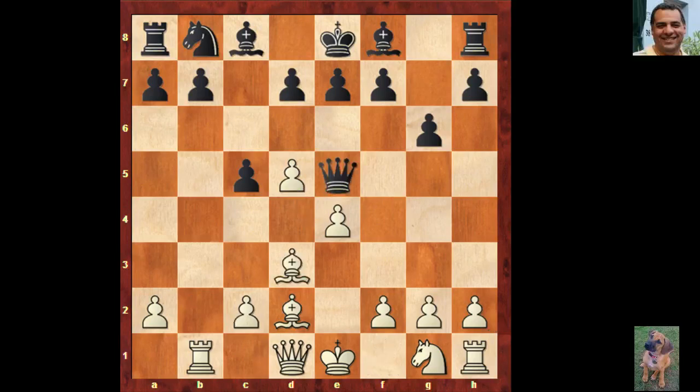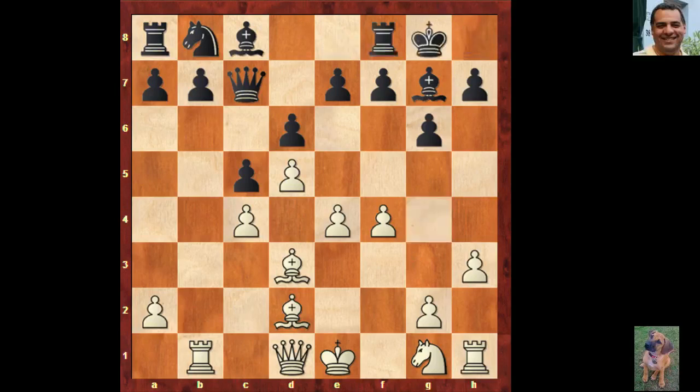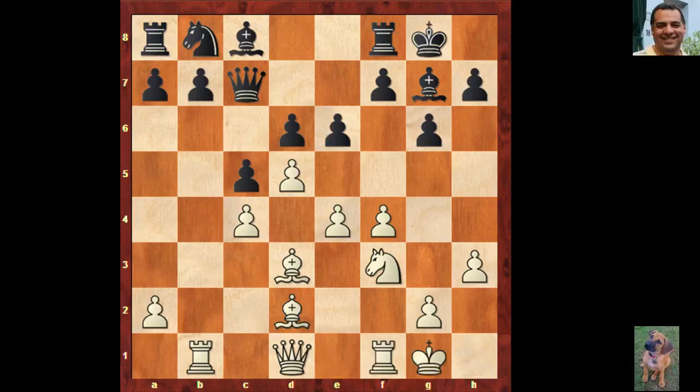So actually the queen goes to e5. Bishop d3, bishop d7, f4, queen c7, c4. You can see white's got a lot of things going on here. d6. And white even takes time to play h3 here to avoid any nuisance pin later. After castles, knight f3. So still can play for e5, for example. e6, white castles. e takes,